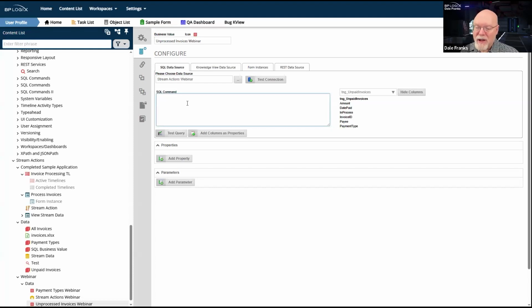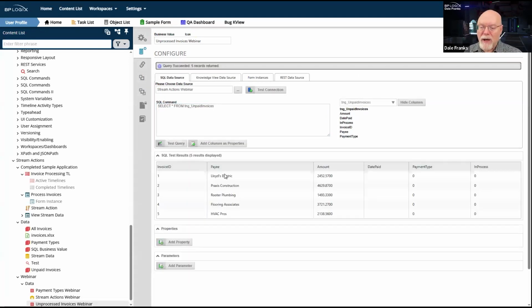If I hit select all, it would give me everything, but I don't really need everything. But let's start from there. We'll take a look at what data we get back, and that will tell us what data we can pick. So we'll just start off with select star, and we'll come back a bit later and fix that up. So we're just going to start off with select star from training unpaid invoices, and we're going to test it and see what we get.